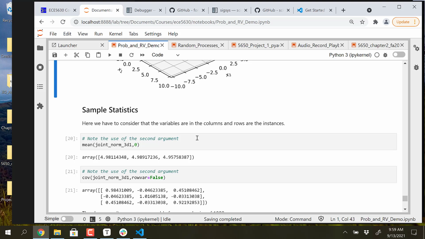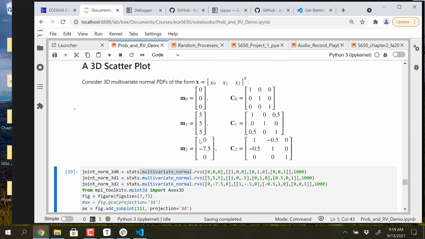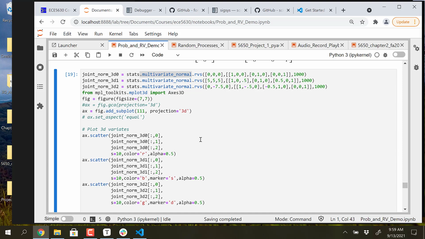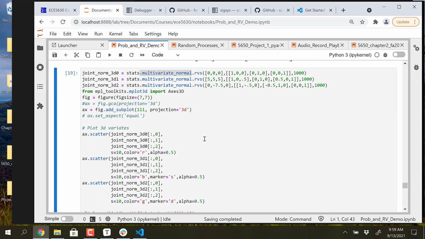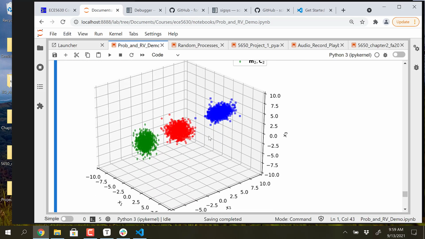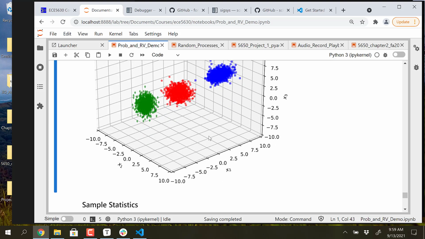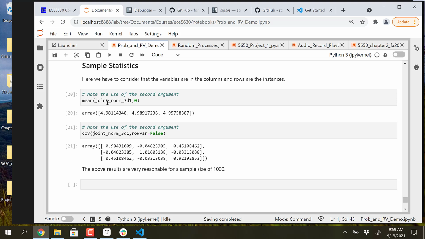I can calculate the mean of this array of random samples. How many did I run? 1,000 only. So maybe I should run more and see if it gets nicer looking in terms of the statistics, more well-defined. At any rate, I did the mean vector estimate on the first one, 3D1, and then I did the covariance matrix estimate on 3D1,